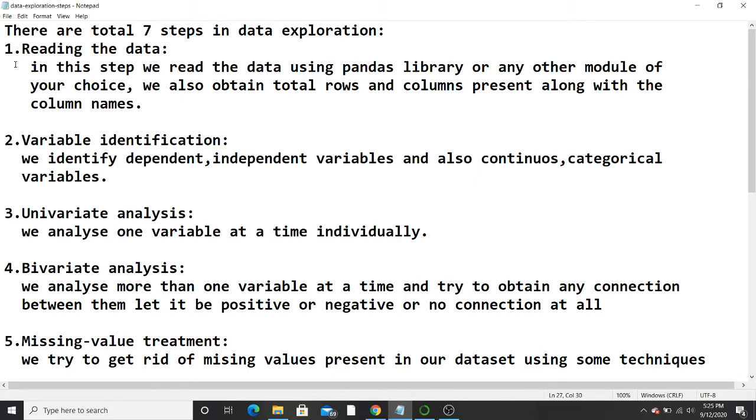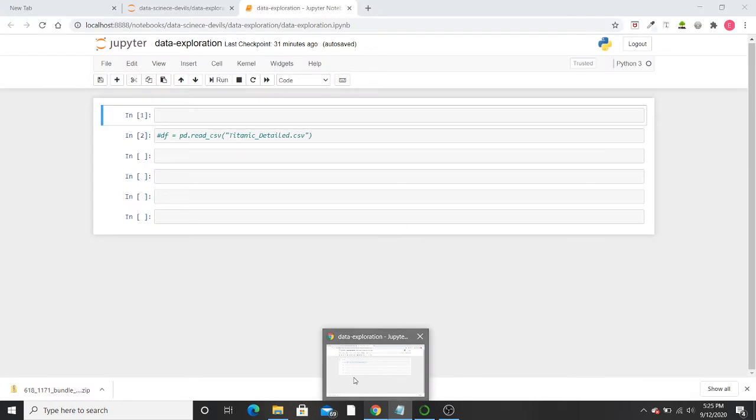Now coming to the first step, this step is the easiest out of these 7. So we will implement this step. Again, I'm saying it is very easy. The first step is to import the library. Now here I'm using pandas.